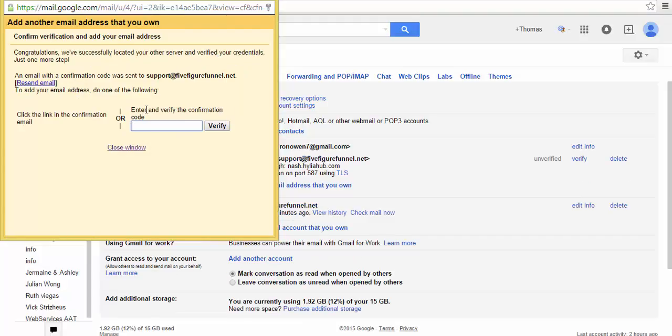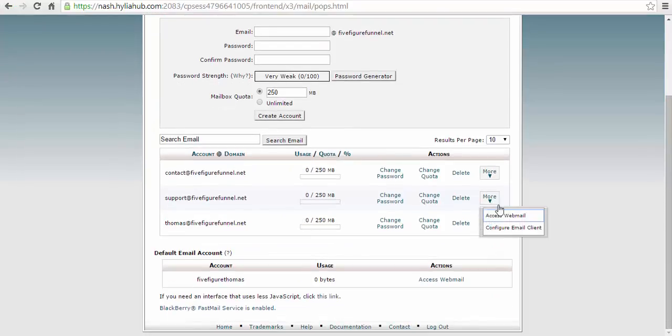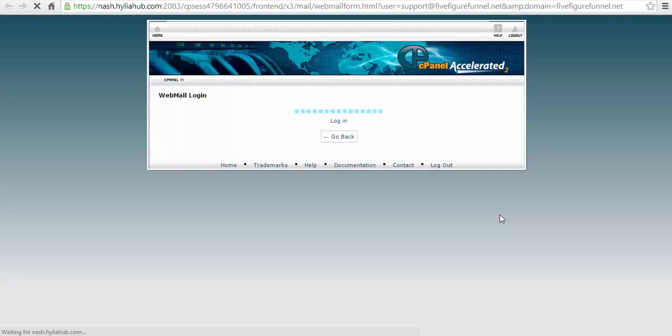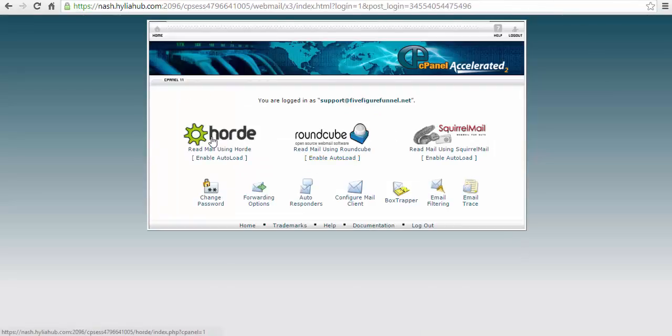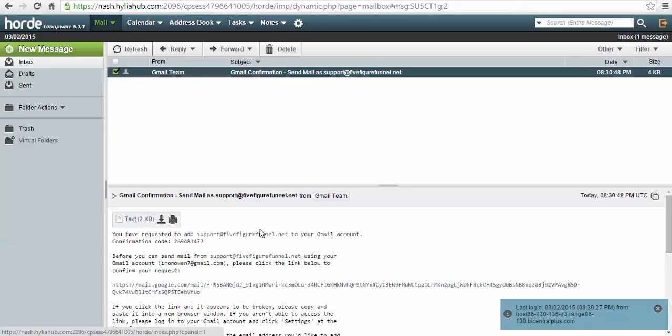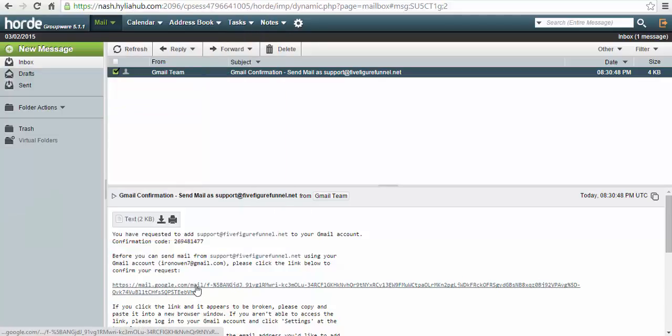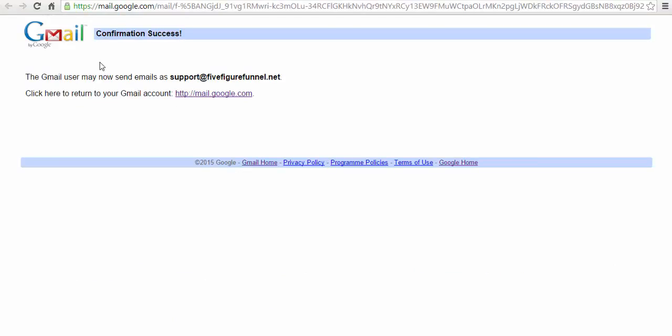Now what you need to do is go back to cPanel, email accounts, access webmail for the selected email. Select either one. I always use Horde just because I've always used it. So here's the email. Just open the email up and you can see down below the confirmation code, which you can copy and paste into this box here, or just simply click the link below that and you can now see confirmation success. The Gmail user may now send emails as